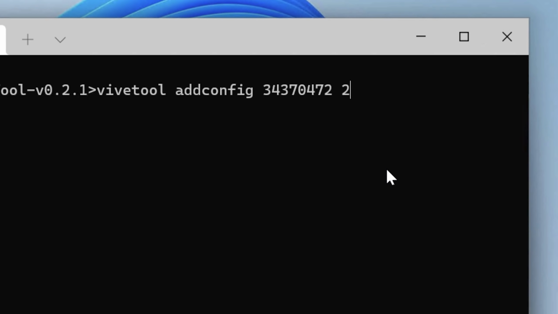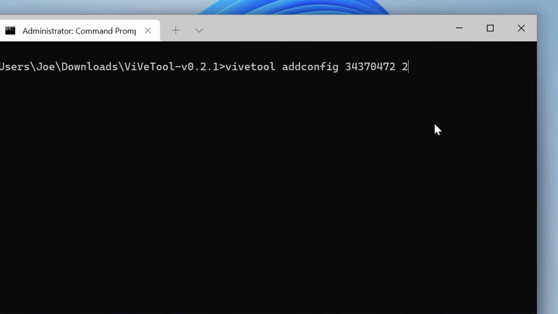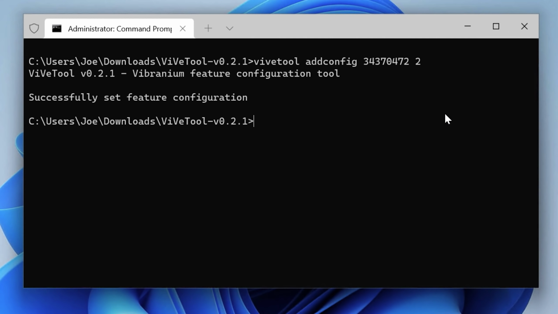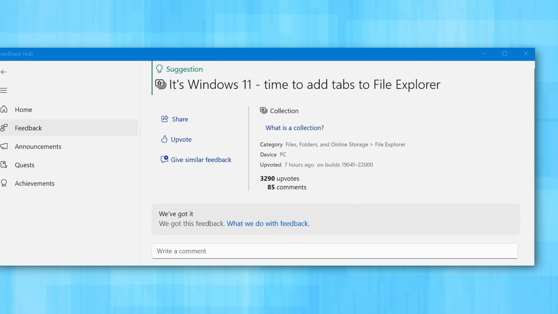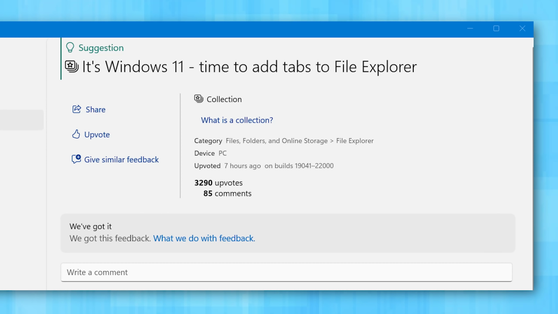Also, this feature has not been officially announced in any capacity. In fact, it's so hidden away in the build of Windows that there's not even a setting to toggle it. You have to use a special tool that was built to enable hidden features toggled away in the Windows settings. So it doesn't seem like it was really intended to be found and made public yet, but it was. That being said, this is one of the most highly requested features in all of Windows, so I do have high hopes that this will be the eventual time that they finally add it.